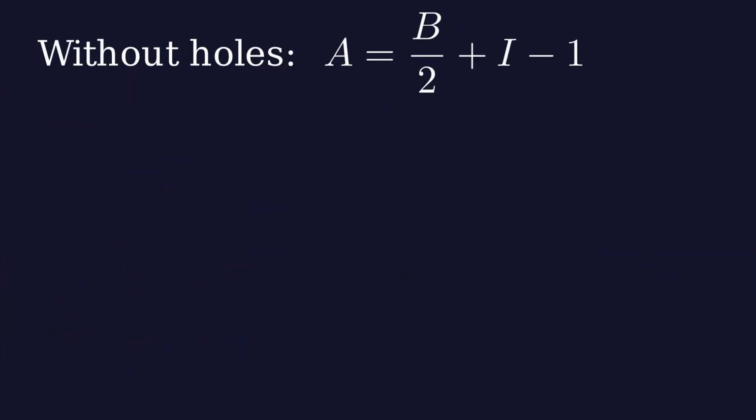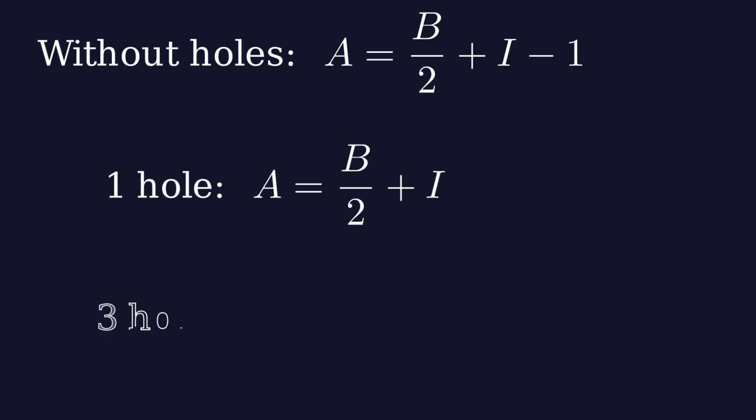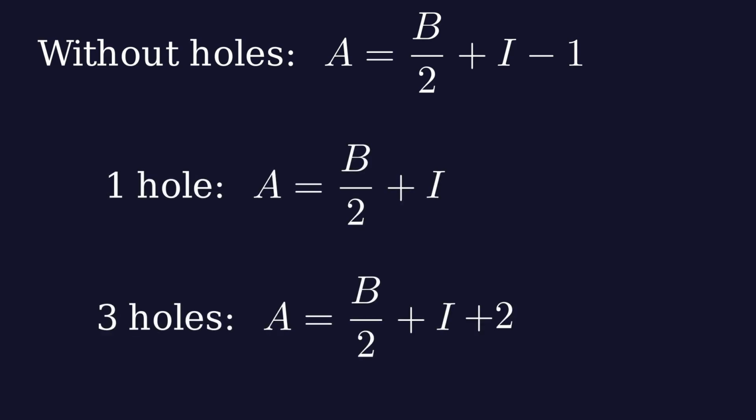The Pick's theorem for a shape without any holes, with 1 hole, and with 3 holes. Let's subtract and add 1 to the second and the third formula. We didn't change the value, but now we can see that if we want to calculate the area of the shape with the holes, using the Pick's theorem, we just have to add the number of holes to the regular